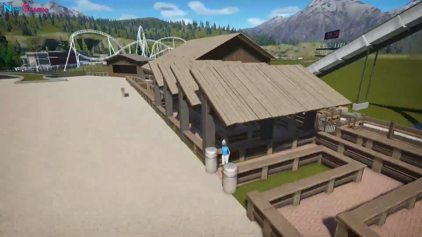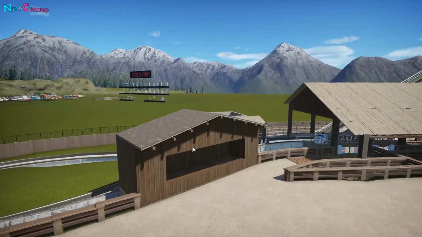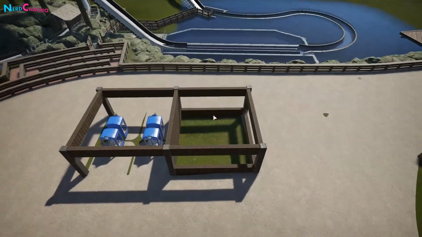It does what it needs to do. The ride photo booth is coming along quite nicely. This is just going to be a generic hut. Over here then we've got the games stall, so I think I'm going to use the same technique I did